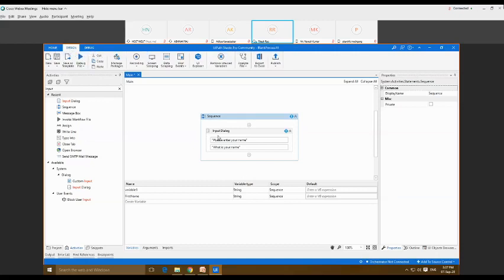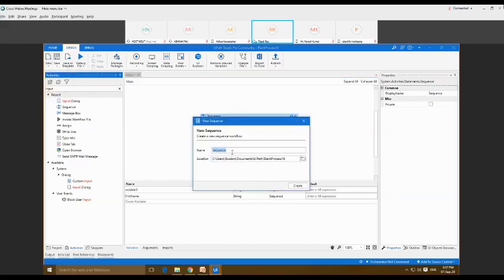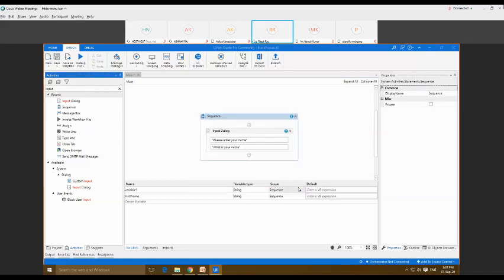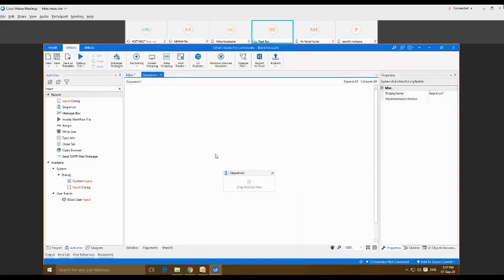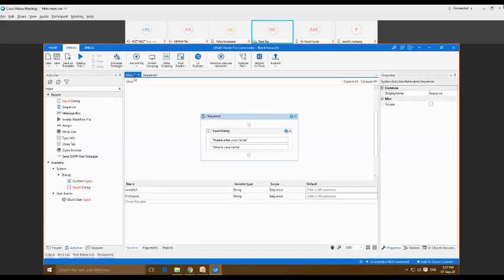So simply you can see here, this is our one sequence file. But suppose I'm creating one more sequence file, so how can we create it? This is our sequence file, so I'm going to create one more sequence file. I will click on New, and again you can see here this is a sequence. I'm going to change the name of this file to sequence1. After this, you can see here my second sequence file has been created. I think all of you are able to see this. So what I have done here is created two different sequence files.